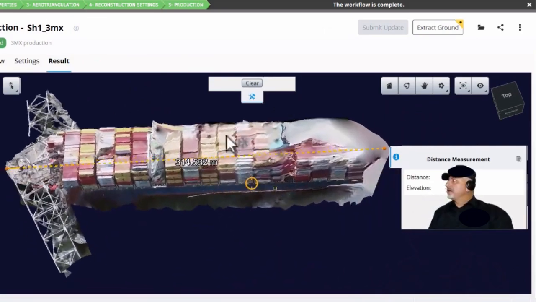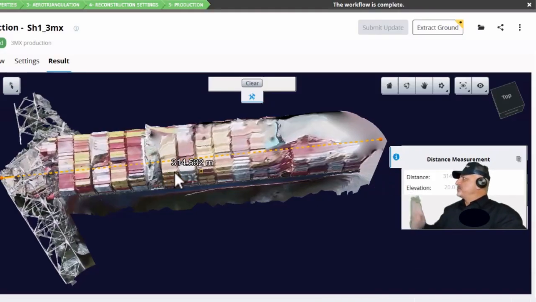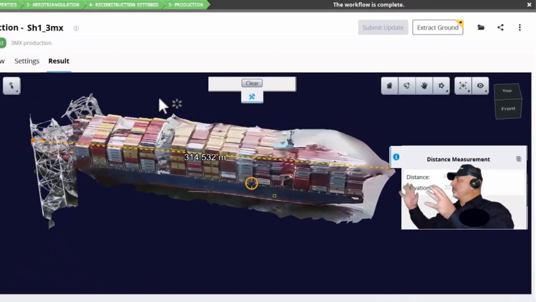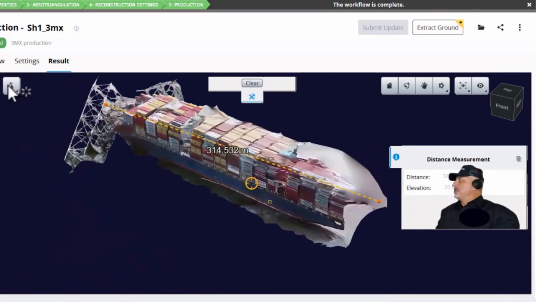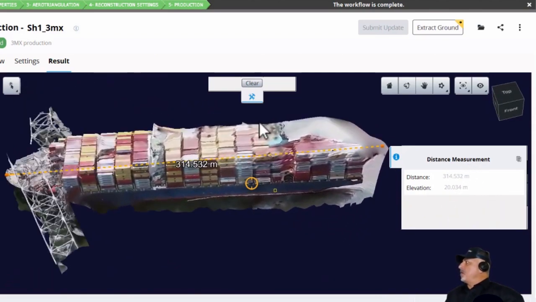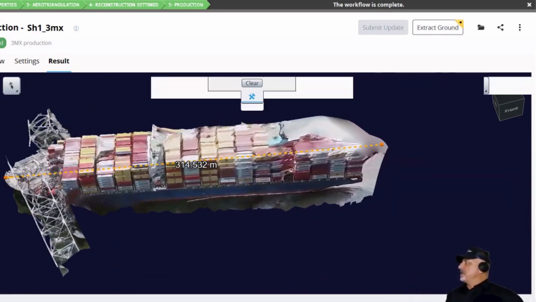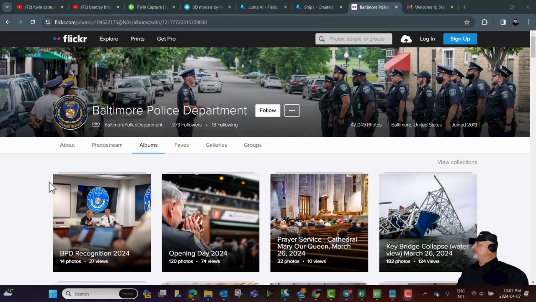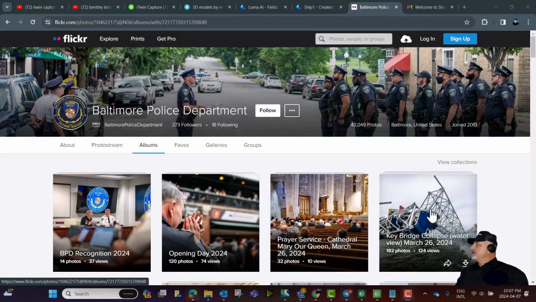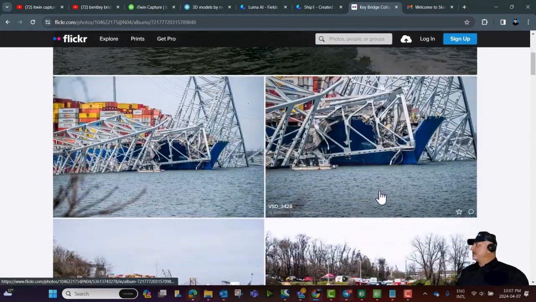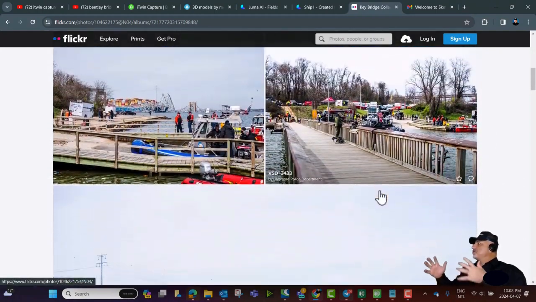Now we encounter a challenge with the ship's rear appearing blurred or melted. Our solution would be high-quality images from other sources. So searching on the internet, the Baltimore Police Department Flickr album came up, and despite potential issues from varying zoom levels,